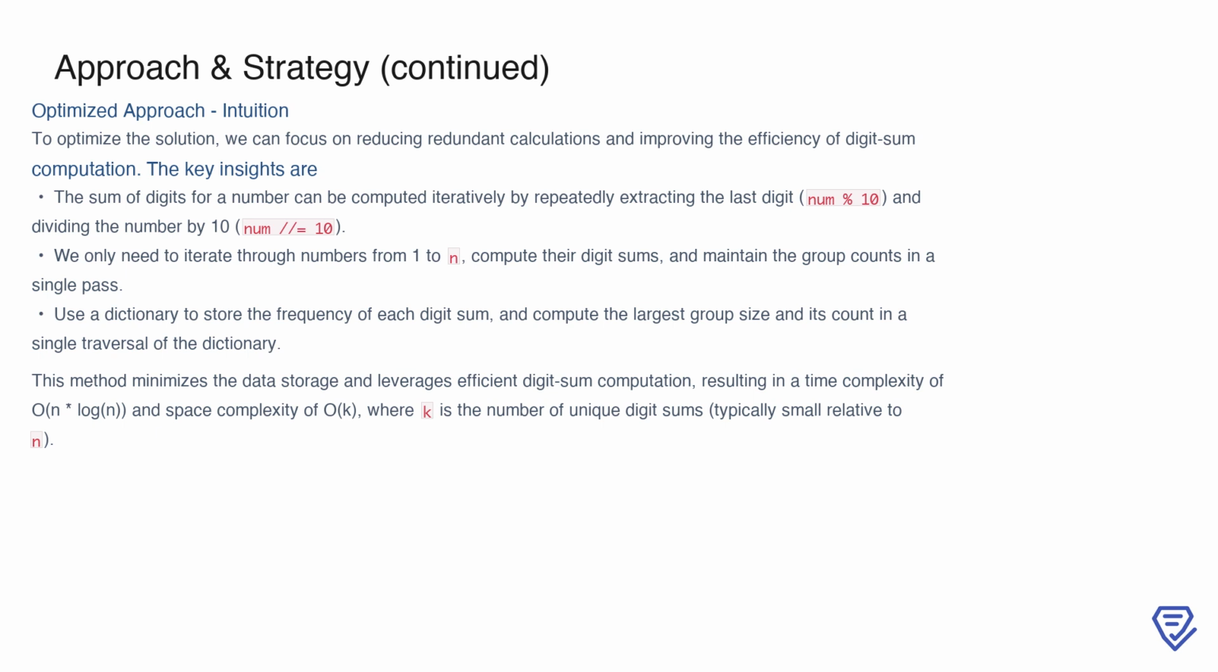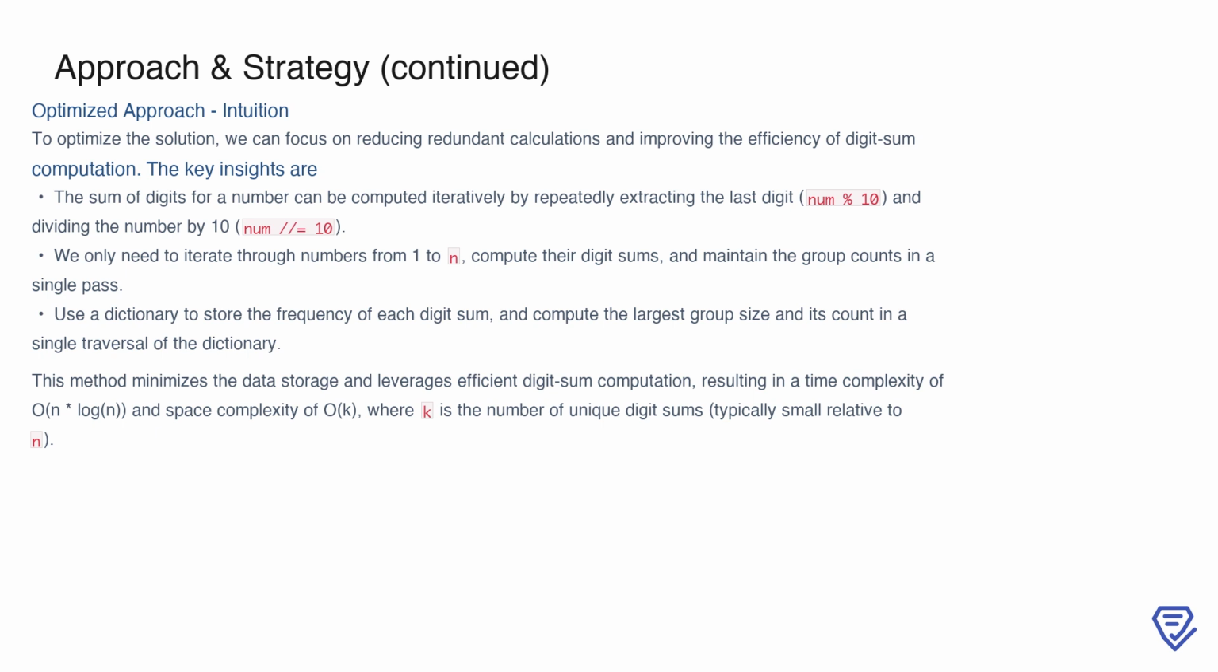The frequency of each digit sum is stored in a dictionary, and once all numbers are processed, we can determine the largest group size and count of such groups in a single traversal of the dictionary. This approach minimizes data storage requirements and leverages efficient digit sum computation, achieving a time complexity of O(n log n). The space complexity is O(k), where k is the number of unique digit sums, which is typically